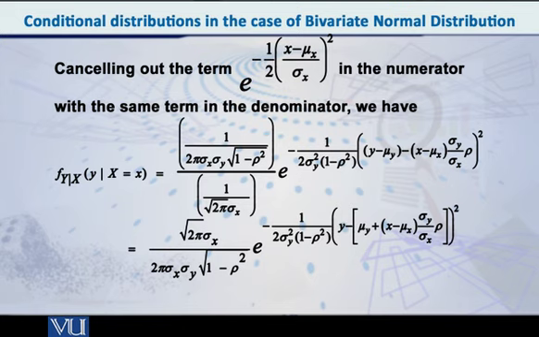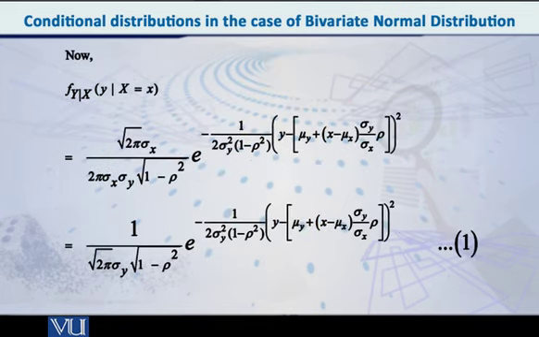So obviously यहाँ भी कुछ cancellation होगी. And doing all that, my dear students, the final version is as follows. 1 over square root of 2 pi into sigma y into square root of 1 minus rho square multiplied by e raised to minus 1 by 2 sigma y square into 1 minus rho square, and this entity multiplied by something whole square, and that something is y minus inside bracket mu y plus x minus mu x into sigma y over sigma x into rho. ये आपके सामने है स्क्रीन के ऊपर, और बज़ाहिर ये काफ़ी कॉम्प्लिकेटेड एक्सप्रेशन नज़र आता है,